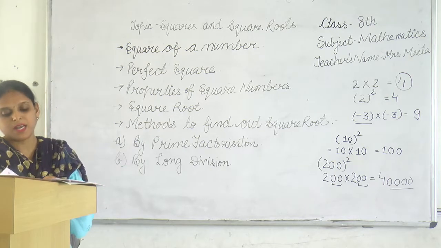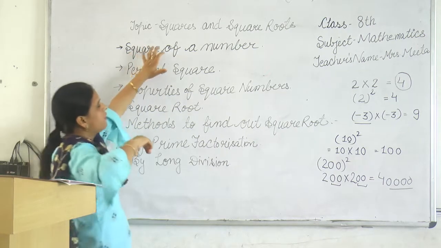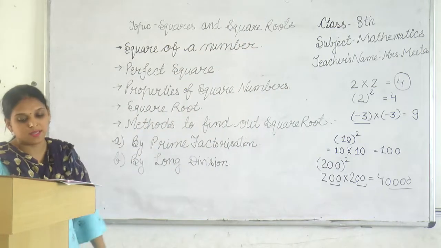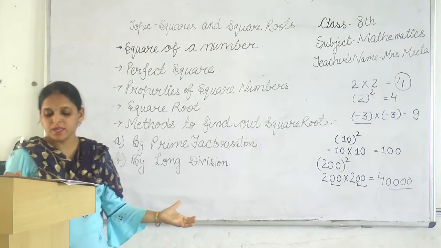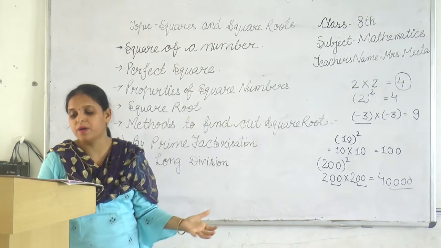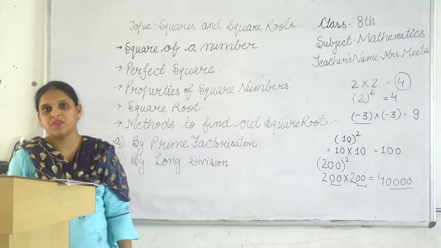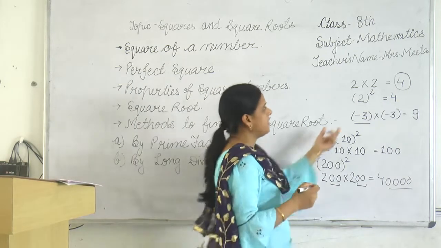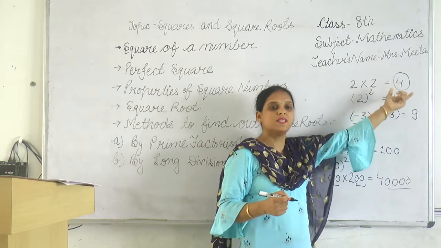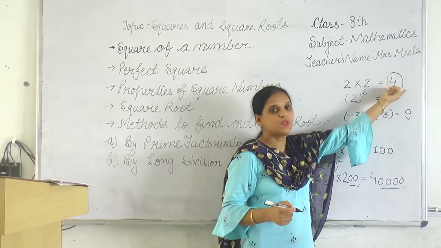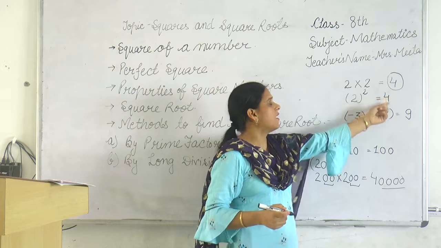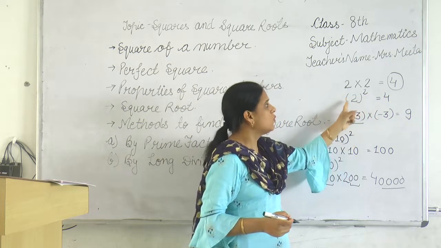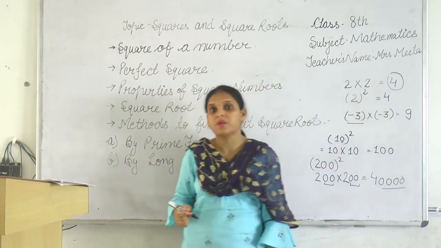After that, I am telling you another part of our topic, that is square root. This one is the opposite of the squares. The square root: a number that produces a specific number when multiplied by itself is called the square root. For example, I am writing here 2 multiply 2 equals 4. This 4 is the square number, and if we write this oppositely, then we can say that 2 is the square root of the number 4.